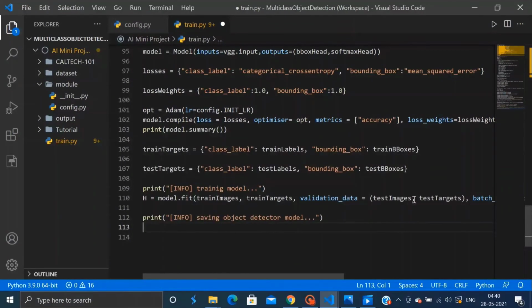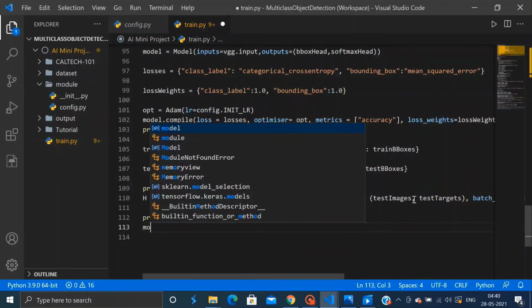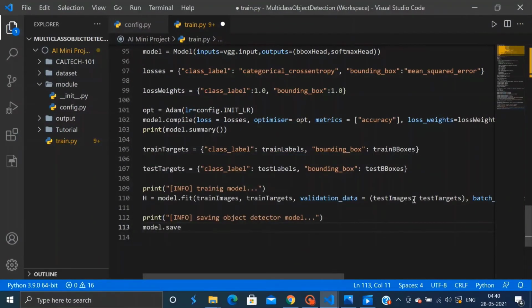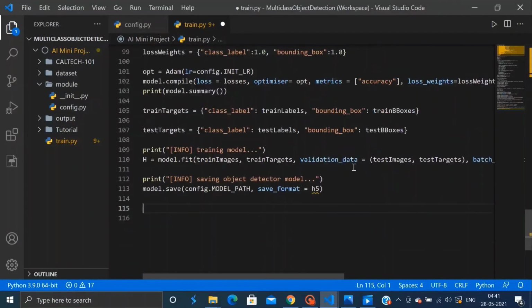To save our model to the disk, we will use model.save, and then we will save it to the path that we defined in the config file, and the format that we'll save it in will be H5.